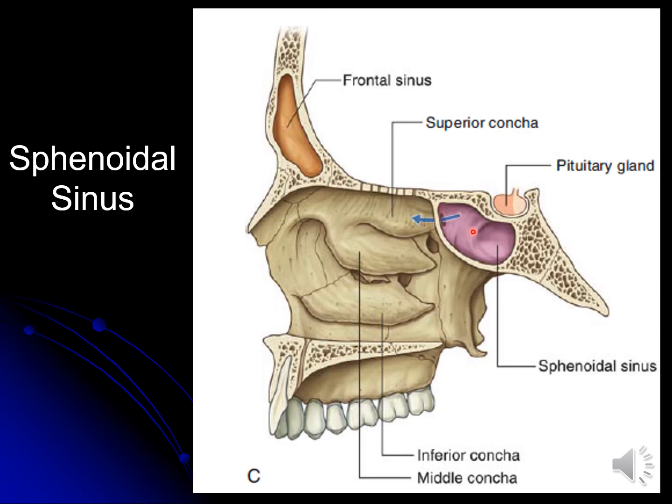Another important thing regarding the sphenoidal air sinus is that it is lying just below a very important structure known as the pituitary gland, which is one of the master glands of the body. Along with that, the brain is present over here with some important structures like optic nerves or optic chiasma, so it has a direct relation. So infection of this area can involve the brain tissue.